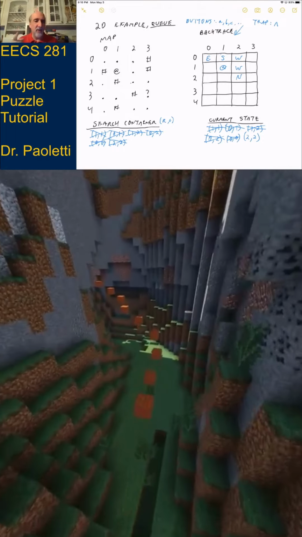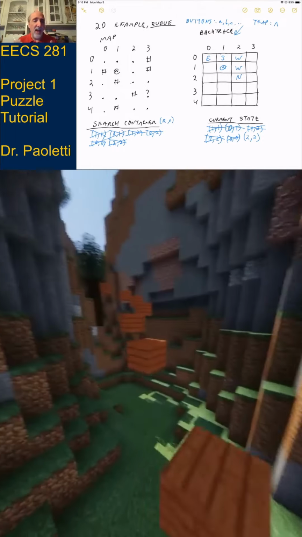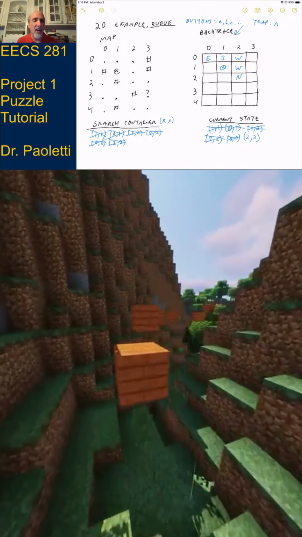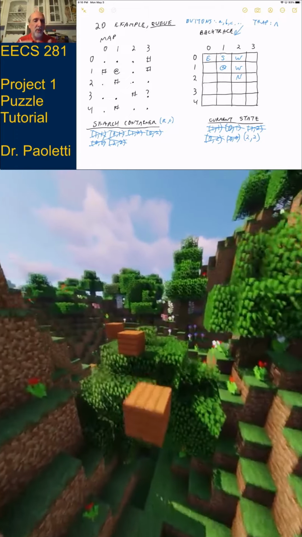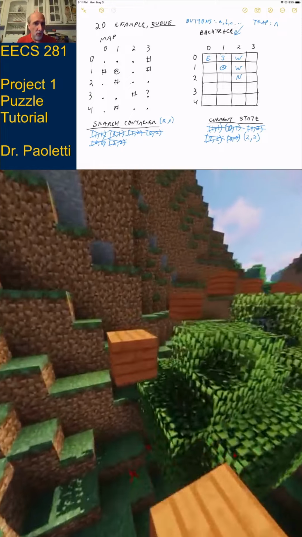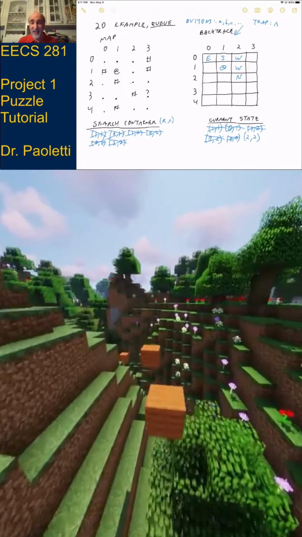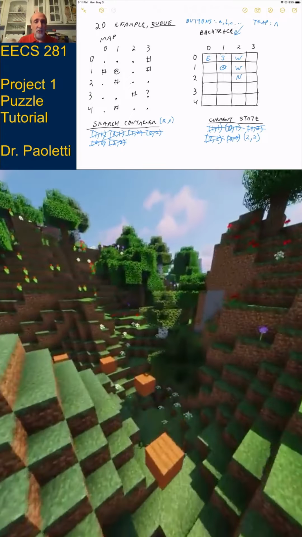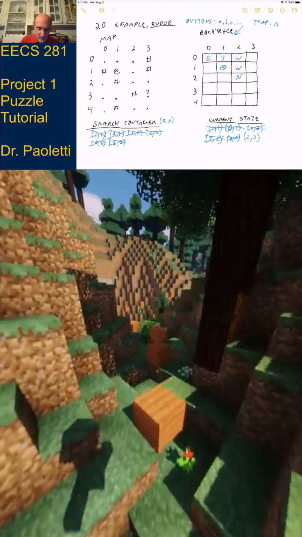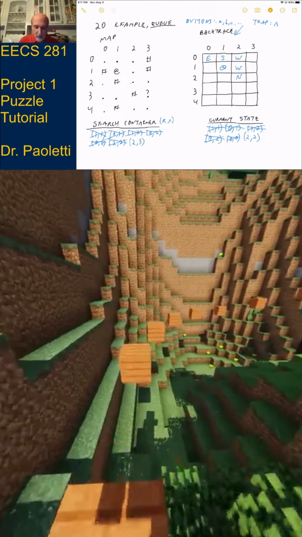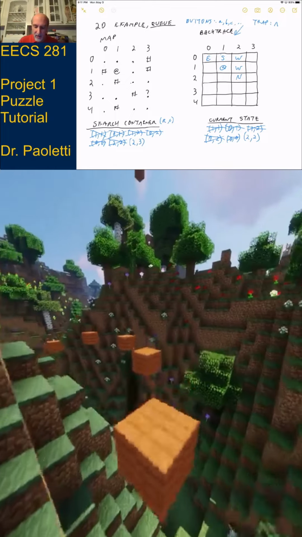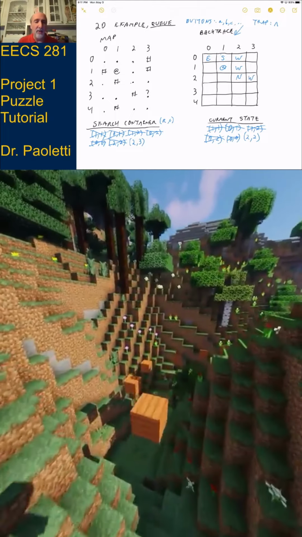Can I look north of here? Does it exist? It exists. Have I ever been there before? Yes, I've already been there, so we can't discover that. All right, how about east of 2, 2? East exists, yes. Have I ever been there? No. Is it something I would walk on? Yes, it's a dot. Okay, great. So east of 2, 2 would be 2, 3. So 2, 3 gets added to the search container, and in the backtrace, I would say, hey, I came from the west.